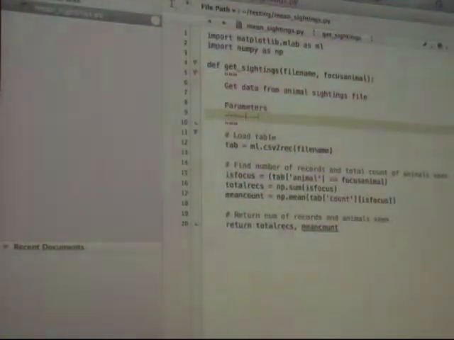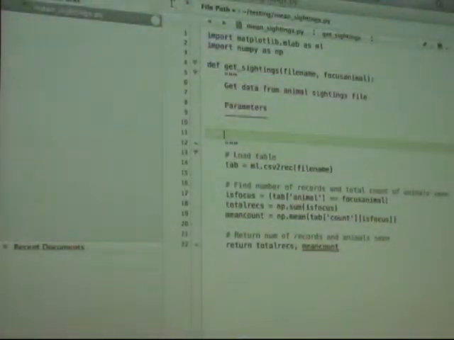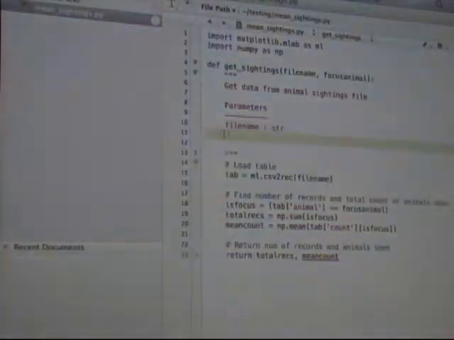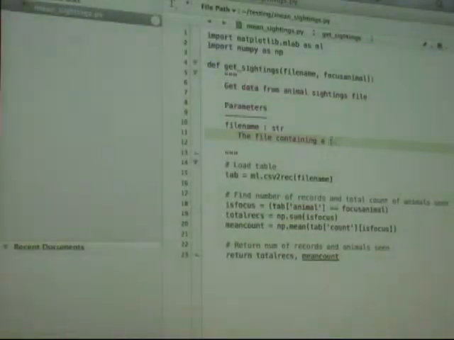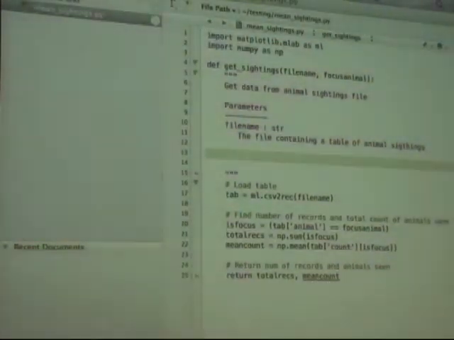And I write down what the inputs are. The parameters are file name, which is a string, the file containing a table of animal sightings, and focus animal, which is also a string,